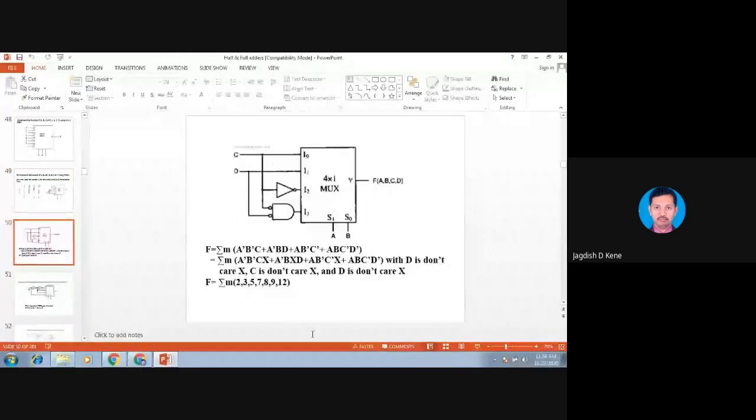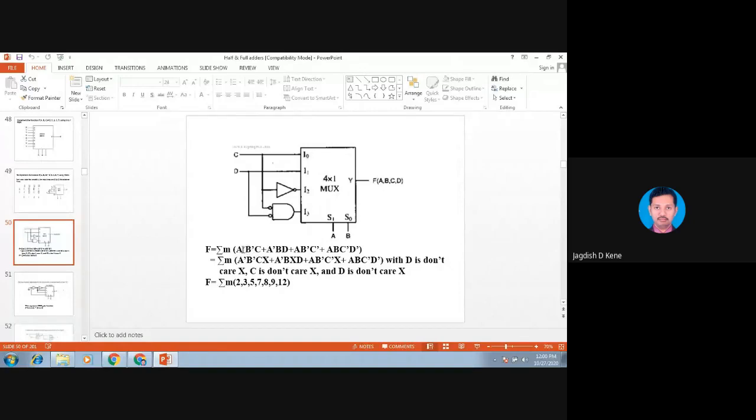See this. The diagram is directly given and we want the function in terms of ABCD, but the multiplexer is showing a 4 to 1 mux. So we have control by only 2 input pins, A and B. But what about the remaining 2, C and D? Those will be considered as input pins, with don't care conditions, as shown from the truth table. For I0, I1, I2, I3, the summation minterms we have defined.